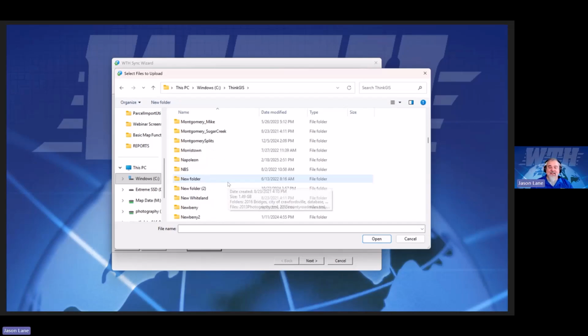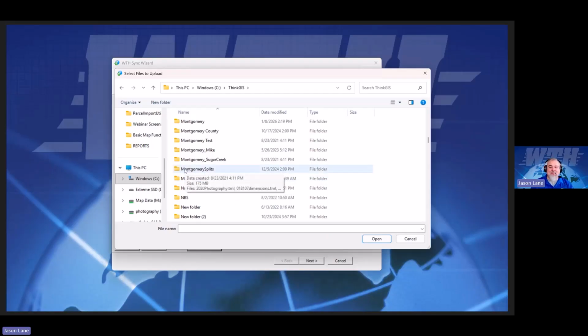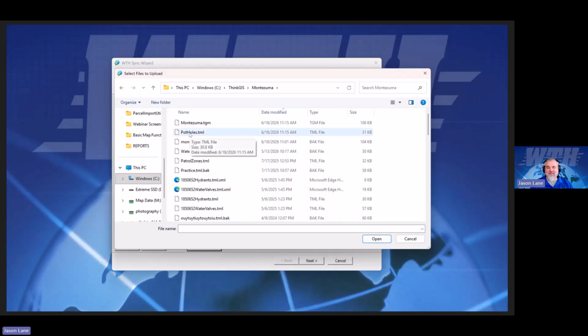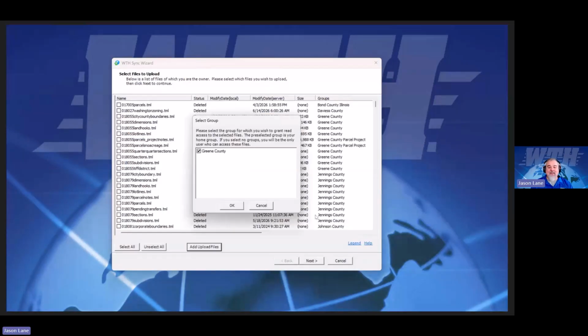And normally, it's not quite this hard because your maps will... I've got stuff pointing all over the place because I'm looking at so much. Montezuma. There's my potholes layer. So now if I hit, OK, click on, say, there's my layer, open. And because I'm currently a member of Greene County, it's going to say, we're going to put it in this